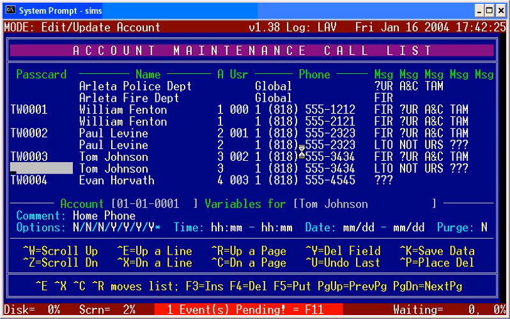Let's just talk for a minute. William Fenton is set up to be called on fires, probably burglaries, alarm and cancels, and tampers. He's not to be called on supervisory signals. So we can nominate which people we want to be called on which particular signals, and also the times, the days of the week, and also beginning and ending dates for when